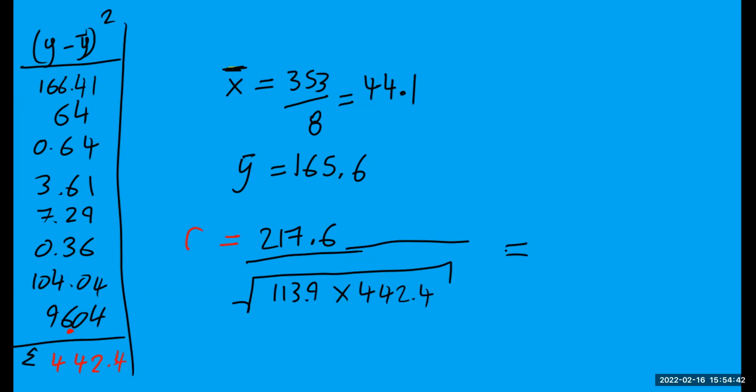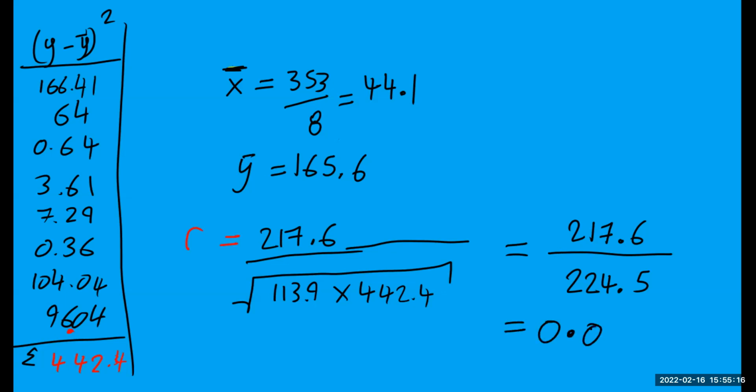So we're going to work this out now. 113.9 times 442.4, square rooted, and 217.6 divided by the answer. So the denominator, that part down here, works out to be 224.5. And we put this in the denominator. So 217.6 divided by 224.5, you get